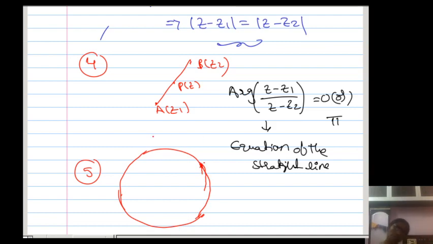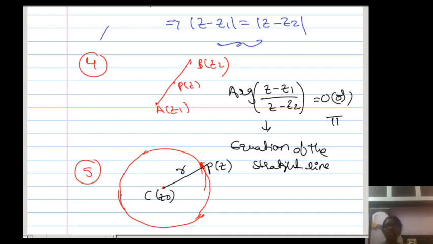If you take any point on the circle, it has a fixed distance from the fixed point. The distance will be the same from the fixed point. What is the fixed point here? What is the any point you can take? For example, any point on the locus of the point such that it has equidistance r from the fixed point z0. This is the center of the circle, and this is the radius of the circle.